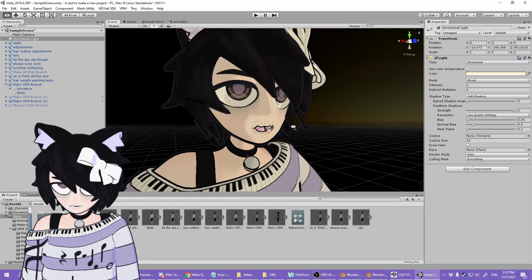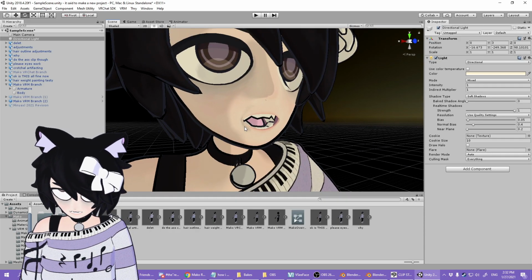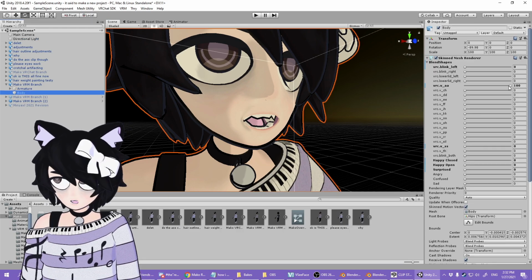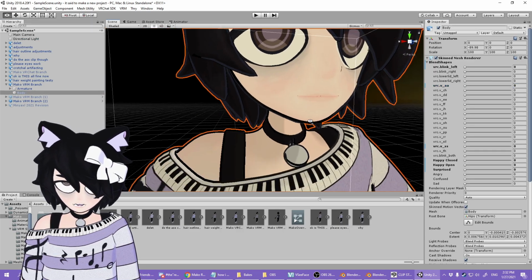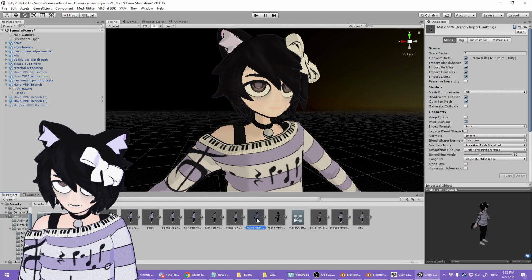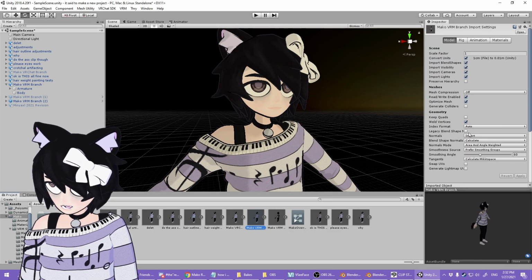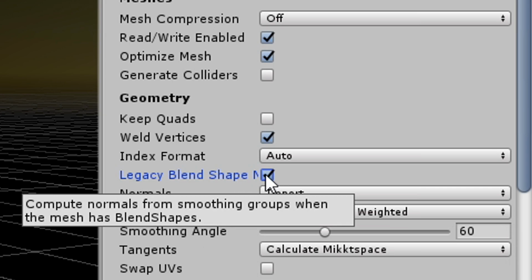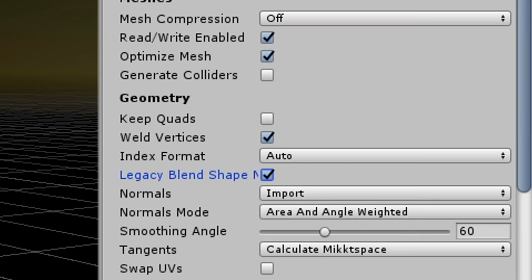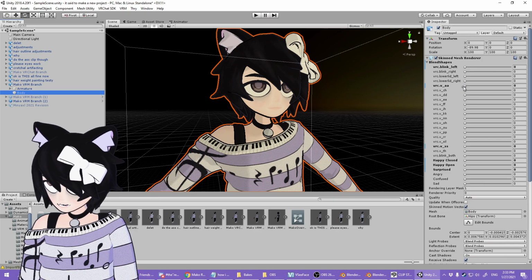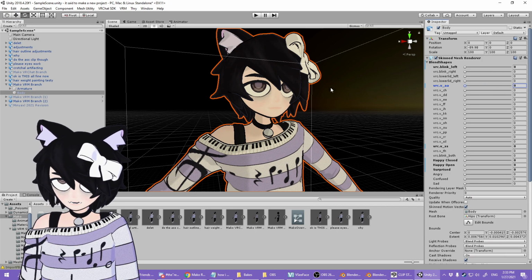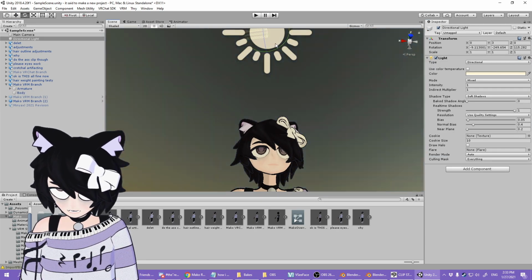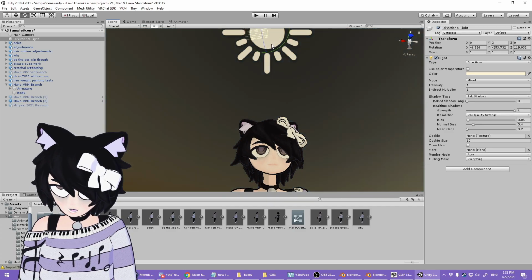Like, not just that curve there, but you see around the lips right there? No. You don't want that. We want it to be normal, like this. And the fix for that is as simple as going here and making sure Legacy Blend Shape, whatever that says, I can't see it, is on. And then when we go in and we change the shape key, it'll behave. But you can see no matter the camera angle, our shading looks normal now.